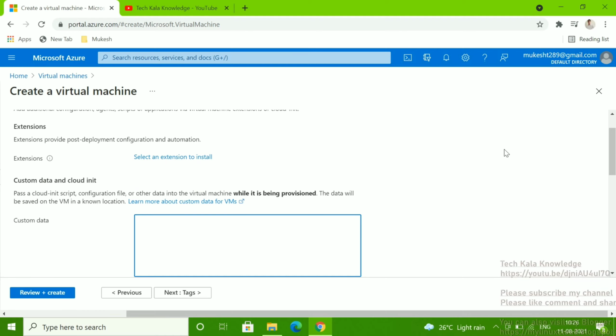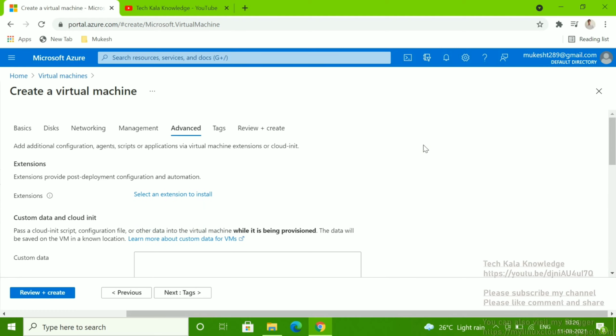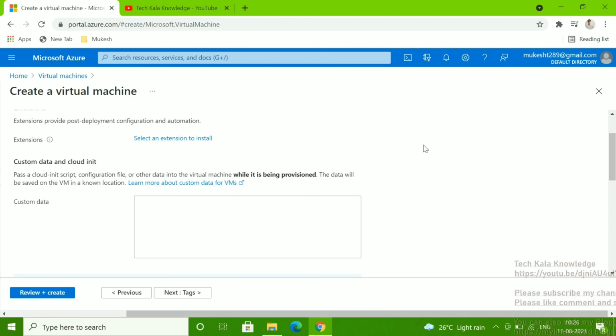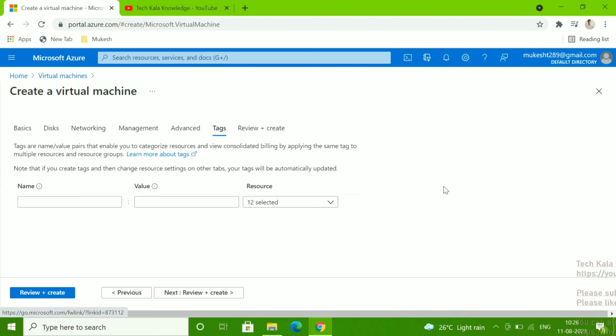There is no need to go and do it manually, the Apache service will be installed automatically. In my case I don't have anything, so I'm skipping this section. Next is the tag. In a tag also, give some unique name here. In my case I'm leaving it blank.